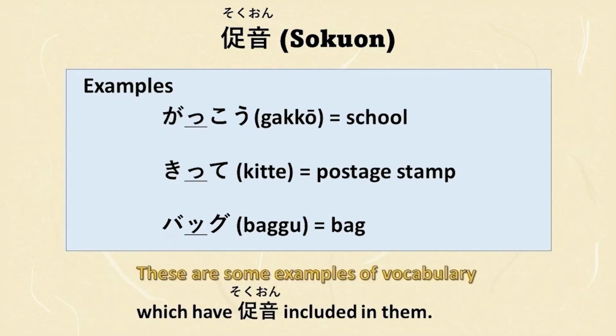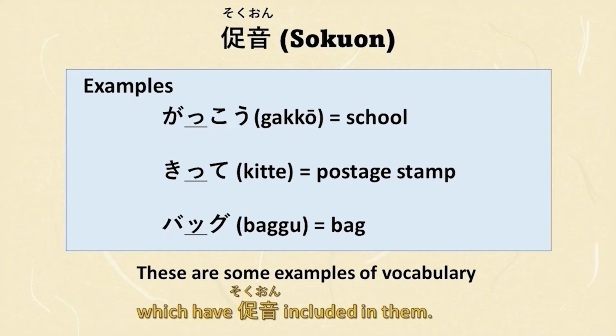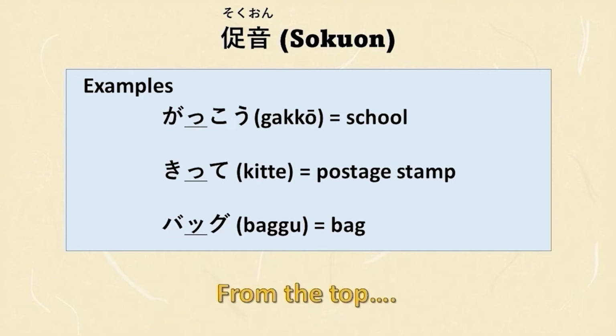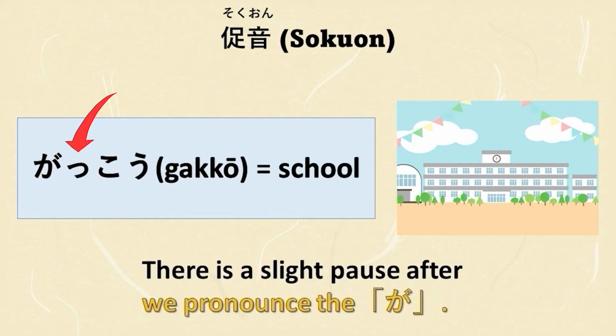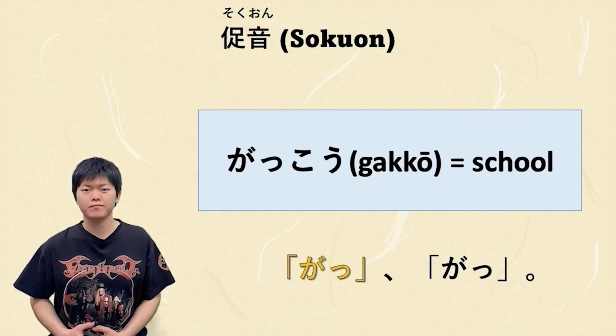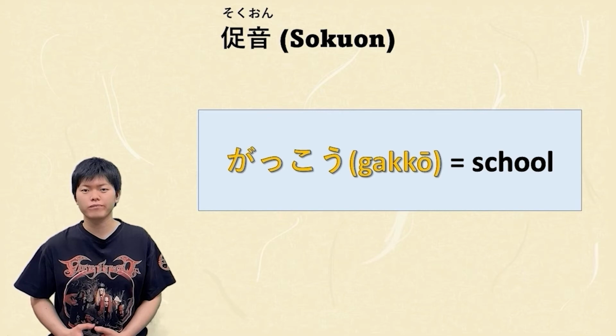These are some examples of vocabulary which have 促音 included in them. From the top, 学校 it means school. 学校。There is a slight pause after we pronounce the が。学校。